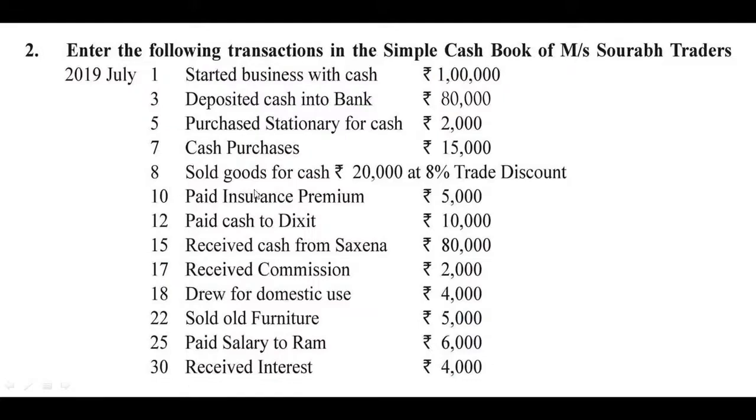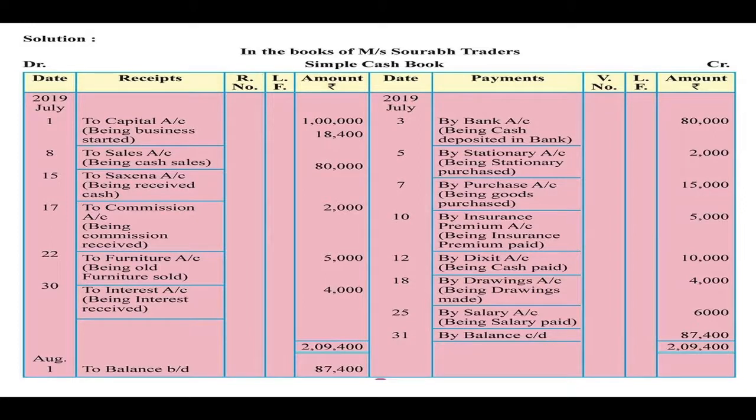Then 8th July, sold goods for cash rupees 20,000 at 8% trade discount. So we have to calculate 8% of 20,000. That comes to 1,600. So that you have to subtract from this 20,000, and the remaining amount you have to enter in the amount column. Now here the goods are sold, it means in exchange cash comes in the business. So the transaction will be recorded on the debit side. Here 8th July to sales account